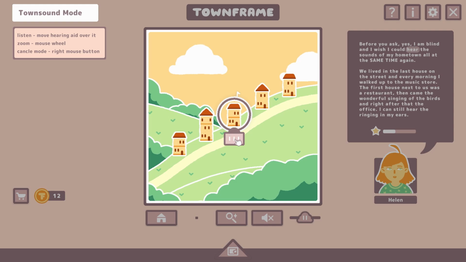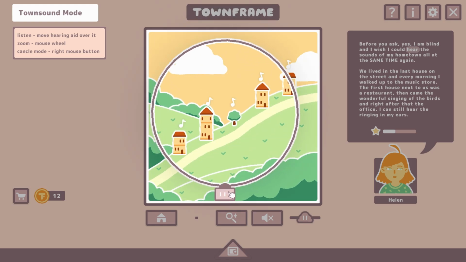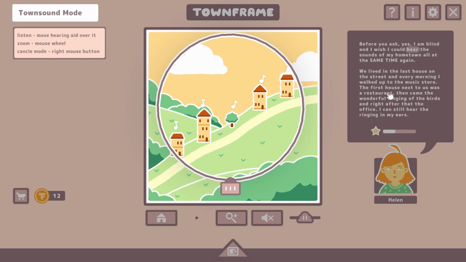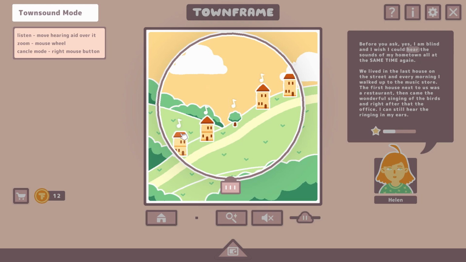Then wonderful scene of the birds. So this will be a tree. Then there is an office and the music store, and now I need to make it bigger. Is that right? Right, I absolutely ignored the queues. Walked up to the music store. So this is, right. Let me see. So this will have to be this building, then a tree, and then...